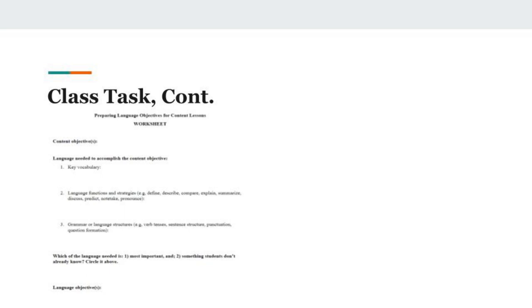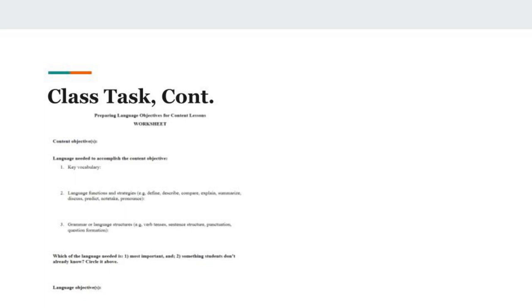Students will be able to plus measurable verb plus content to be learned. And then based on this content objective, you should specify the language needs required to meet this content objective. So the worksheet will allow you to get to your language objective or language objectives